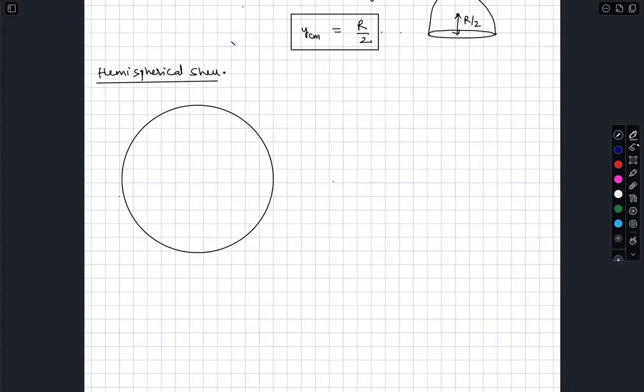Anyone in the class? So I have derived it for the thin shell. What am I going to do for the hemispherical shell? Any idea? Volume. Pardon? I didn't get you. Volume considerations. Yes, we will take it as